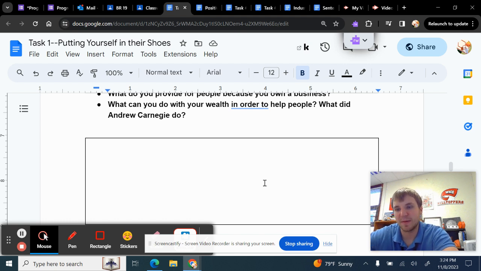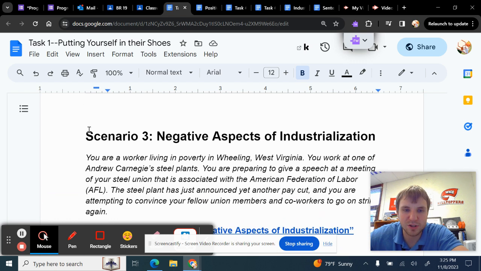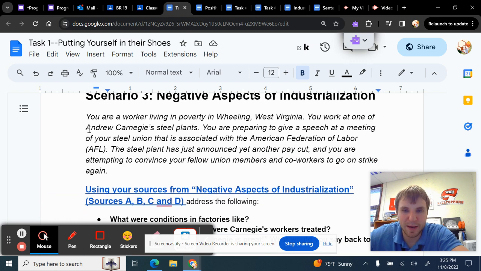Just take that knowledge that we talked about, like the gospel of wealth. Rich people were supposed to spread their wealth around, so to speak. They had to make money in order to donate it back to improve society. That was the basic idea of the gospel of wealth. So bring those ideas all in there, and talk about how the price of goods is going down, all that jazz.